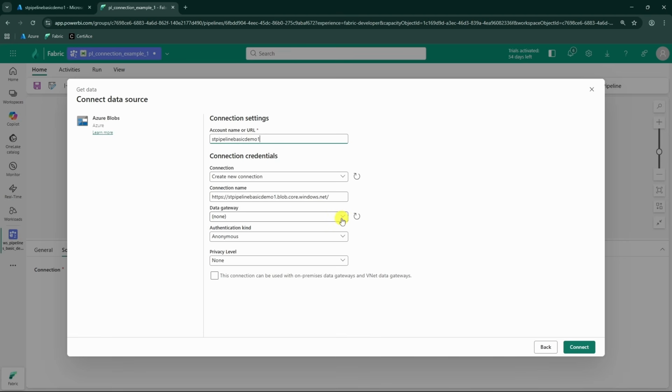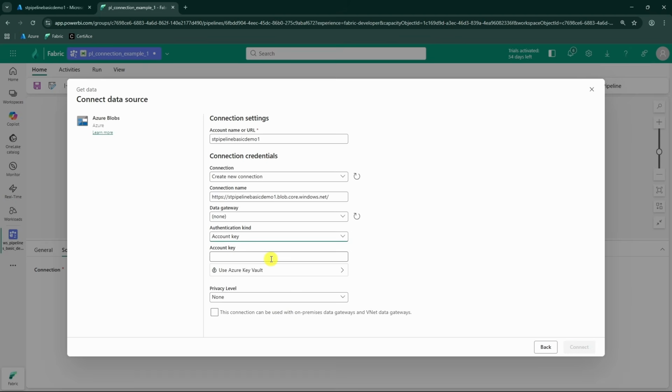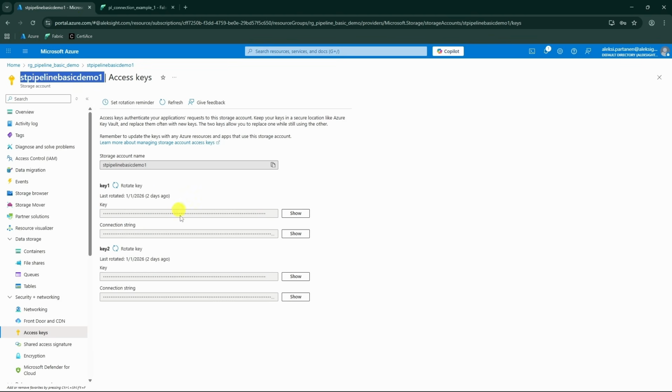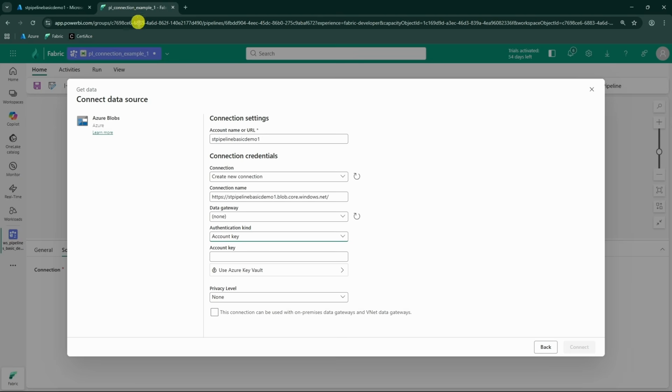automatically created. We can now go with that, and then we are going to use the account key for the authentication. And this account key is found here, like I showed earlier, but remember that this is a secret and you don't really want to expose this, so you don't really want to show it on video like I'm doing right now, but this is just for demo purposes, and I'm going to rotate this key after I'm done with this demo. So now we are going to use the account key here like this, and then we are